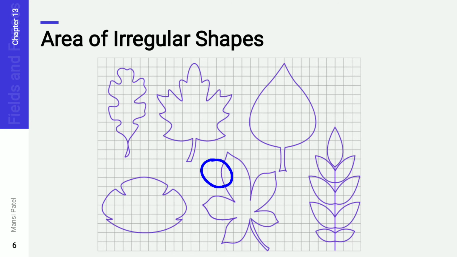See here in this figure, this portion covered by this design is less than half. You can see here, all this portion which is occupied by this design is sometimes half, sometimes less than half. So how do we calculate? Do we have to calculate this square box as 1 unit or what? That's why this is known as the area of irregular shapes. And that's why we are not supposed to use any formula to find out the area of these figures.